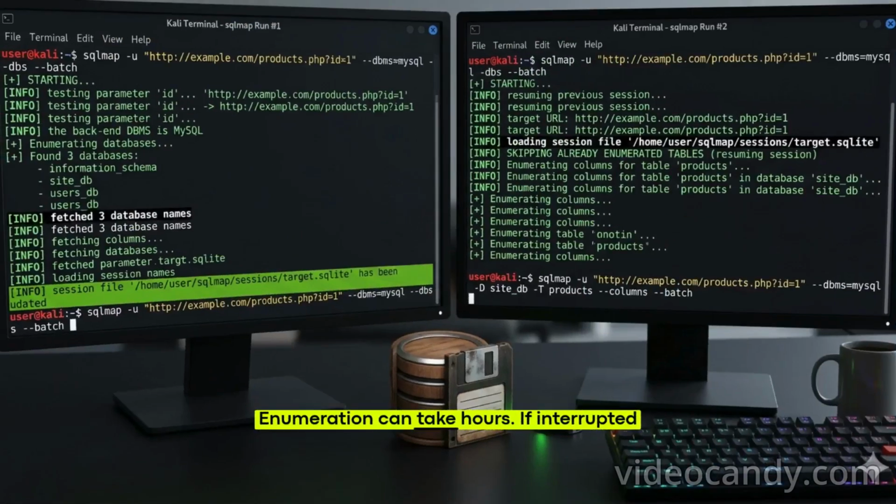Enumeration can take hours if interrupted. Without a session file, you start from zero. "-s session.sqlite" saves everything: the detected injection point, already fetched tables, column names, even partially dumped data.